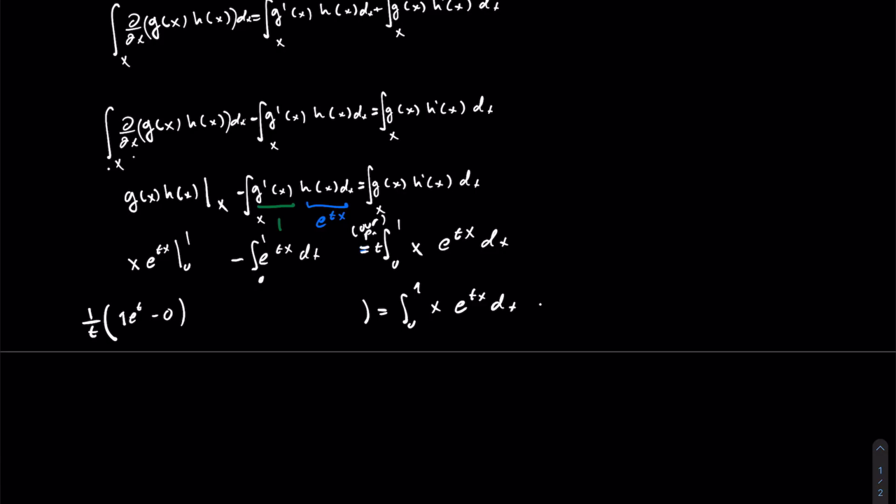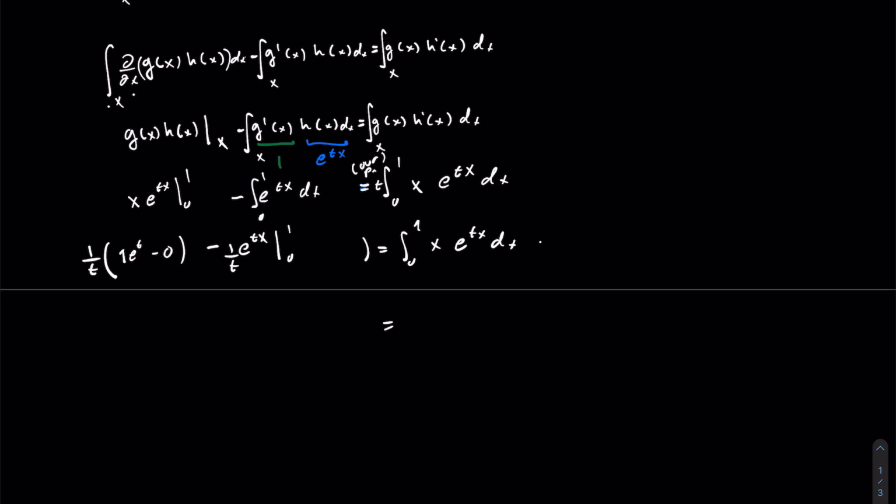So we're done with that. And this evaluates to e to the t x divided by t, and that goes from 0 to 1. This whole left hand side is now the e to the t